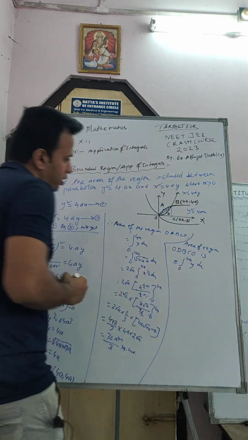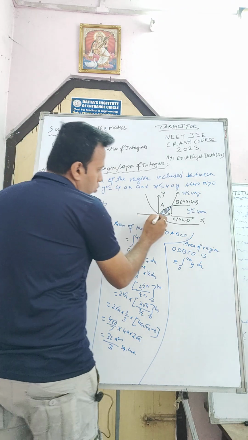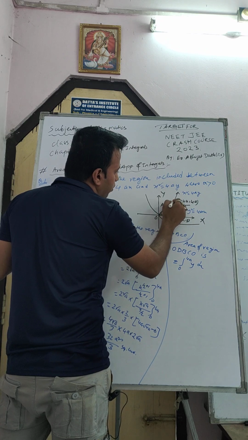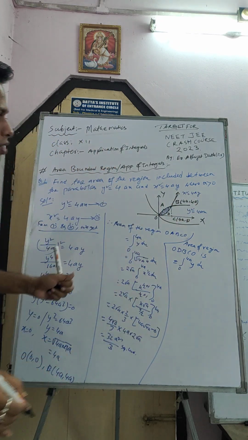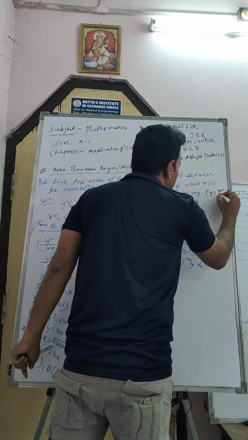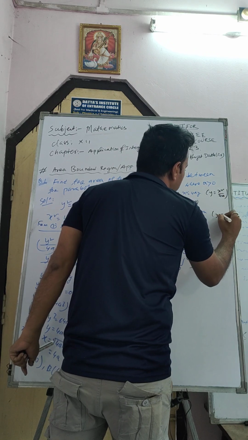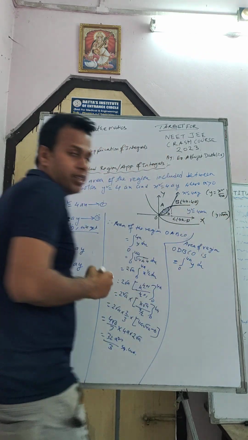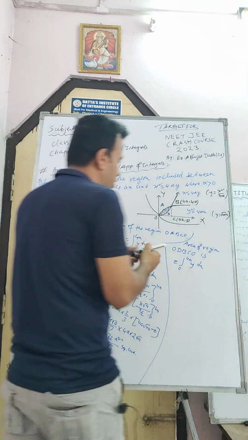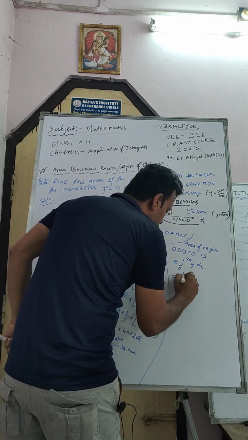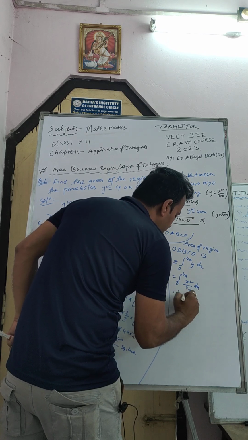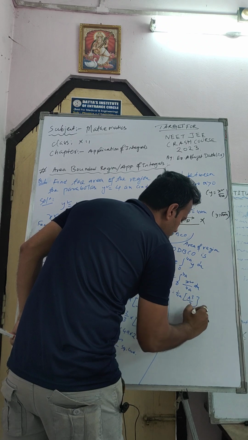So here y will be what? Look at the curve ODBO, which parabola is there? This parabola is x square equal to 4ay. Here y will be x square by 4a, and here y will be root over 4ax. First I put it here and simplify this one. Now you put the value of y here, it will become x square by 4a dx. So 1 by 4a, it will be x cube by 3, from 0 to 4a.